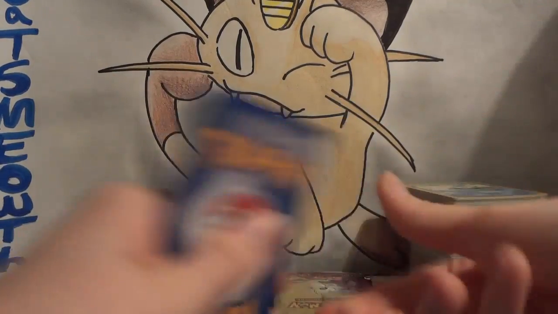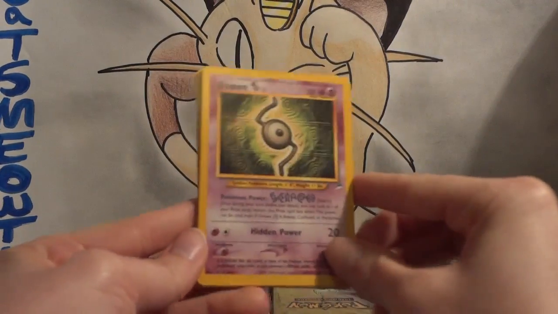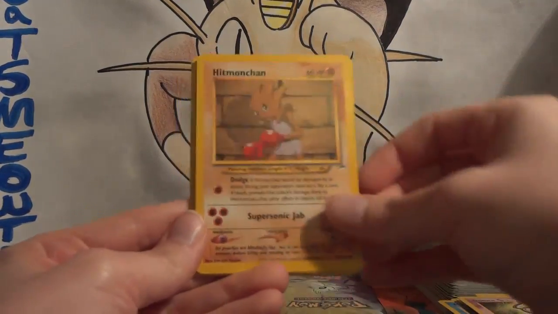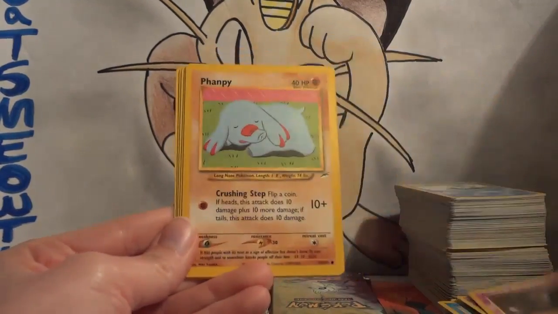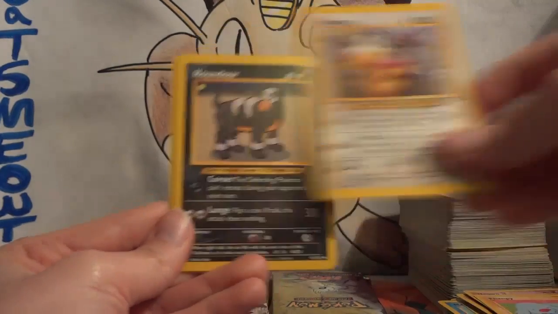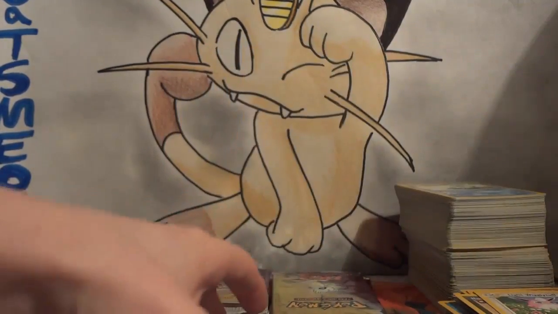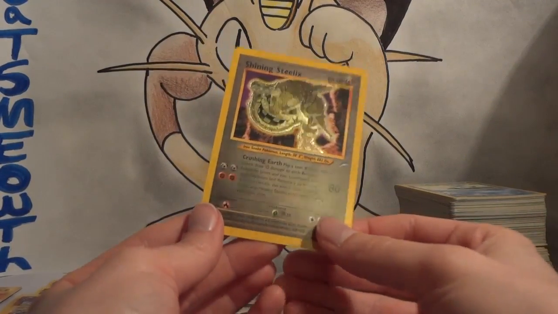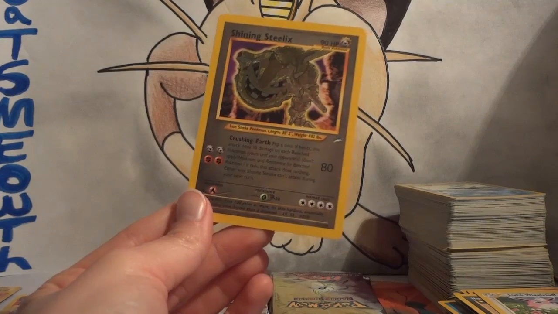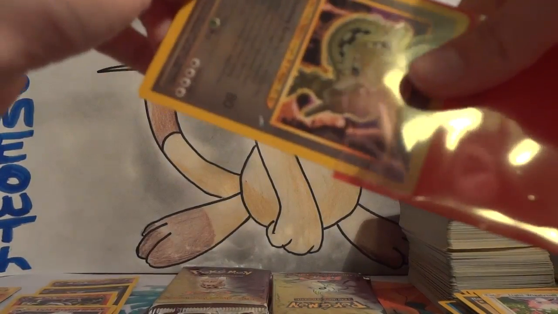So I am so thrilled with this opening. Love Collector's Cache. Yeah, at least for loose packs. Unknown S, Hitmonchan, Psyduck, Dark Octillery, Unknown V, Fanfy, Girafarig, Houndour, Light Wigglytuff, and Magnifier. And my rare... What? Shining Steelix! And I just bit my tongue. Ow, that hurts. But,